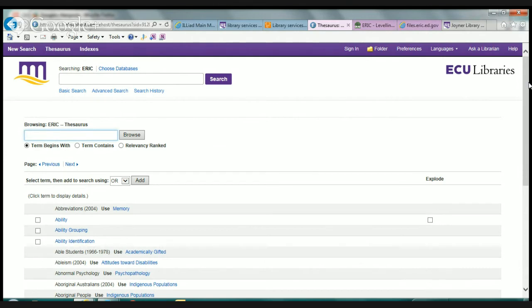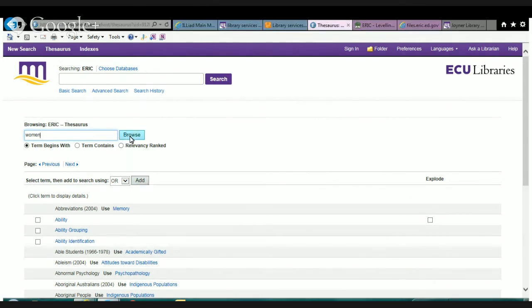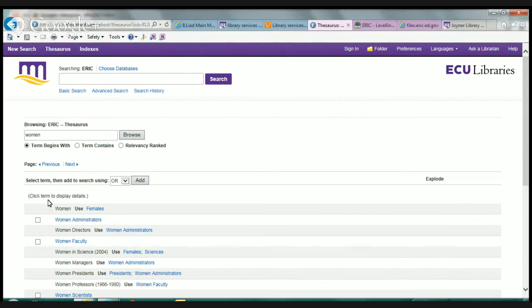Well, let's take an example. If I want to search in the education database for something concerning women, and I look in the ERIC thesaurus, I'm not happy with my retrieval. It's not coming up with enough material. So I look in the ERIC thesaurus, and here's what I see. In the ERIC database, articles concerning women or some aspect of women are stored under the subject descriptor